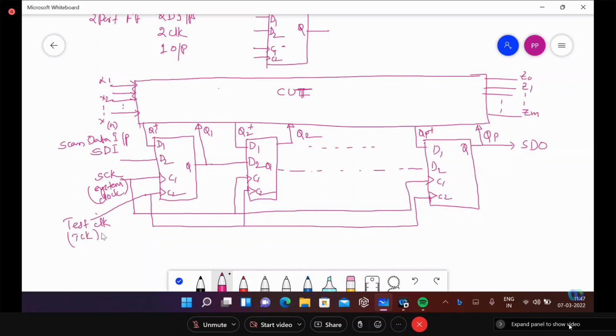This is the general terms that we use. SDI is scan data in, SDO is scan data out. Okay. Now, how is this operation